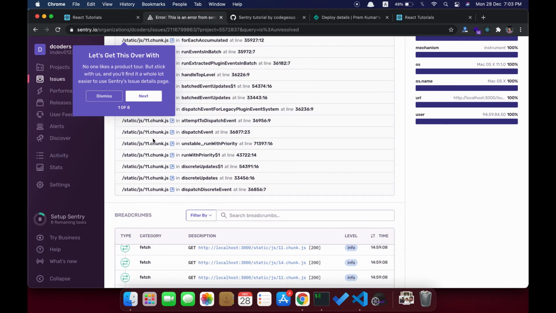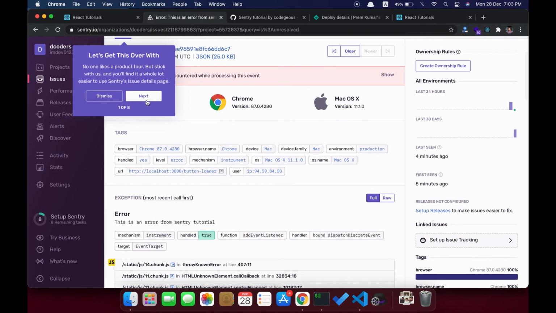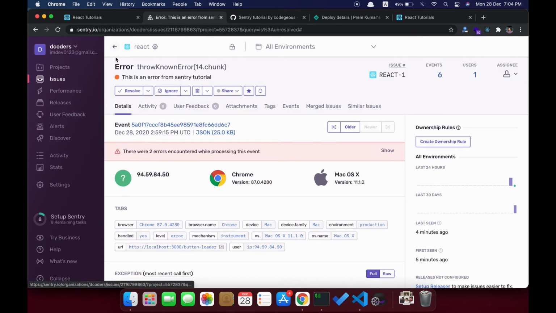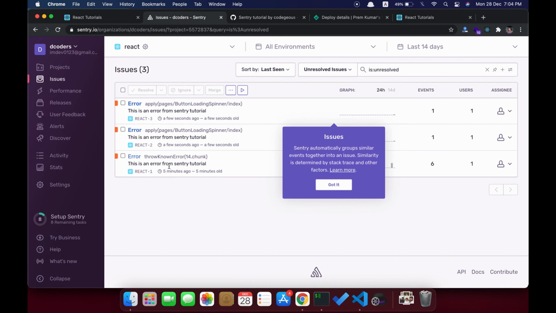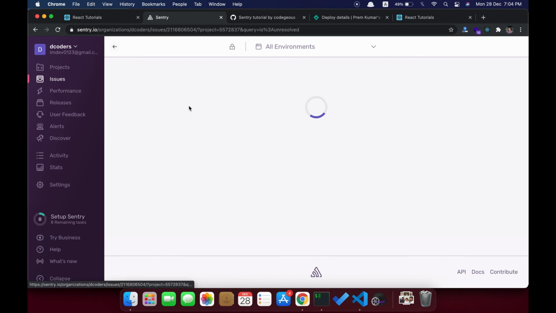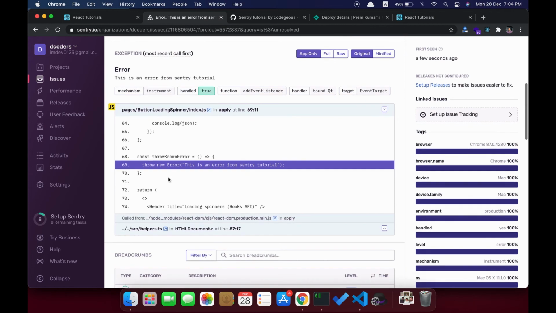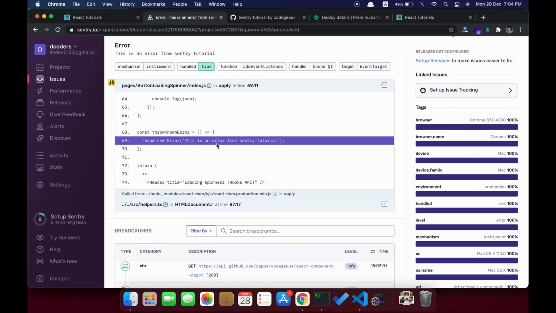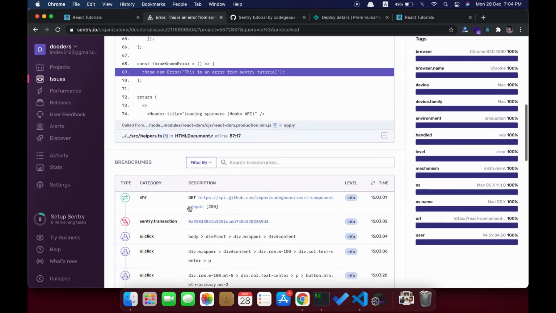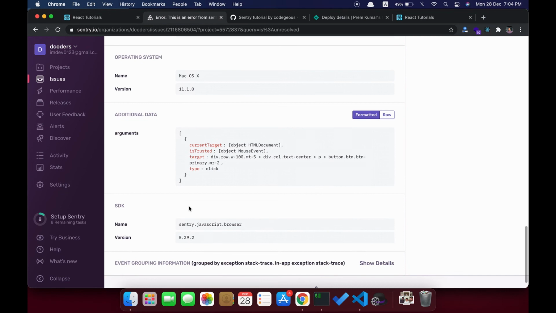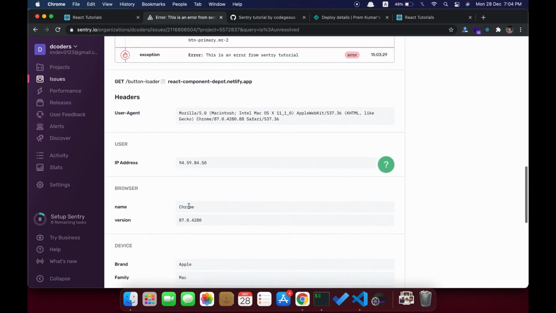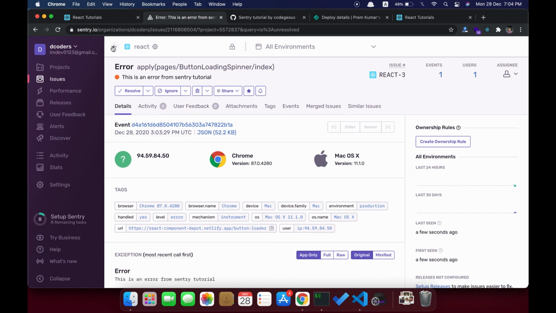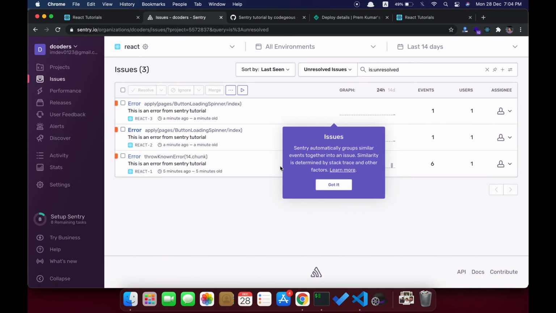Basically this is the one which we triggered from our localhost. It will take a little extra time to capture and reflect that error in your dashboard. Now you can see multiple errors which actually come from our production website. If you click on that, you can check the file URL and the exact line number where the error is thrown. This file is from a production application. You can find all other information too, the version and the OS that the user is using.